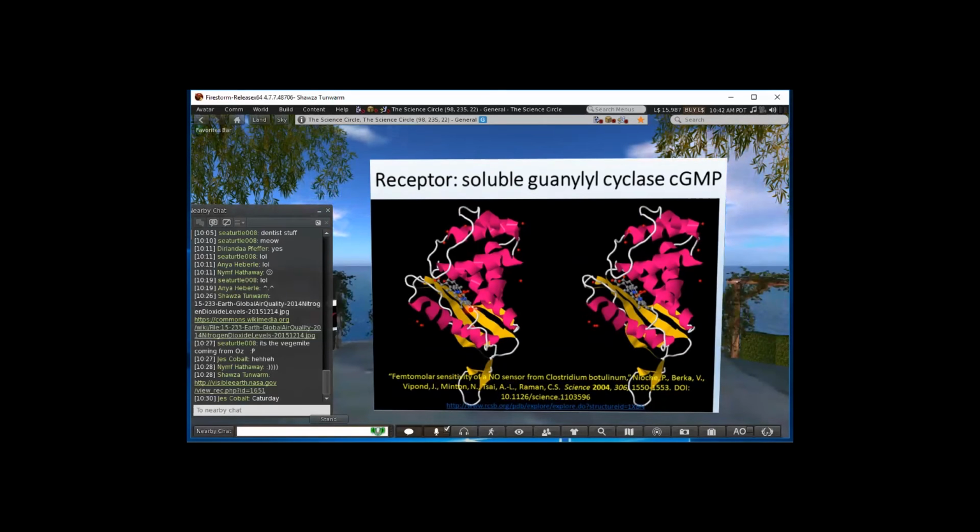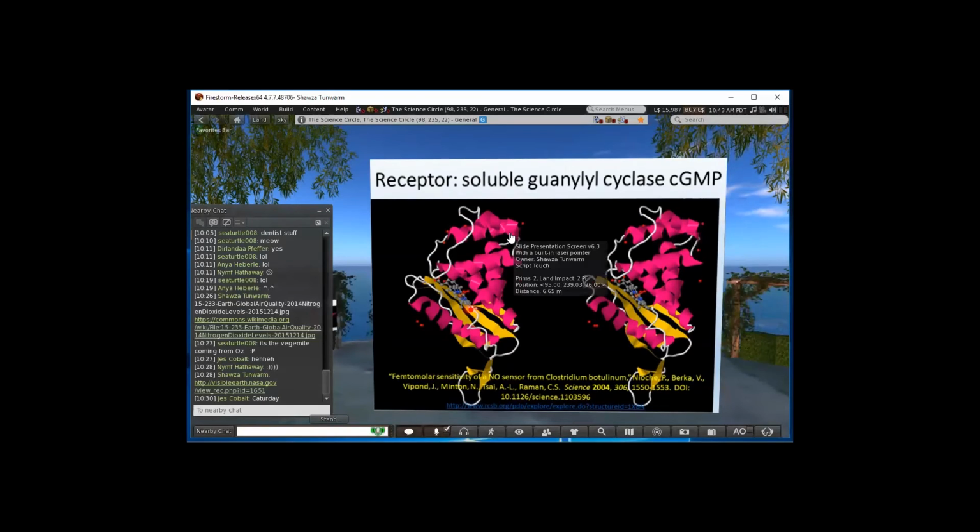But when it reacts with water, it's probably going to make some nitrous acid, and that is a whole set of problems in itself. So once you make NO, you've got to do something with it. The receptor, the thing that receives the signal, is usually a membrane protein called soluble guanylyl cyclase, or sGC for short. And that tends to be a fairly small enzyme.